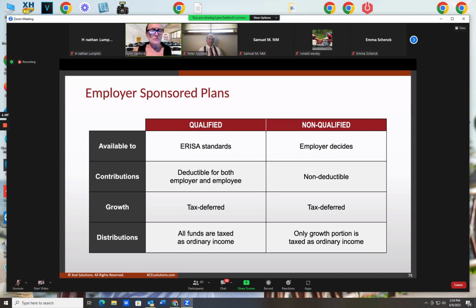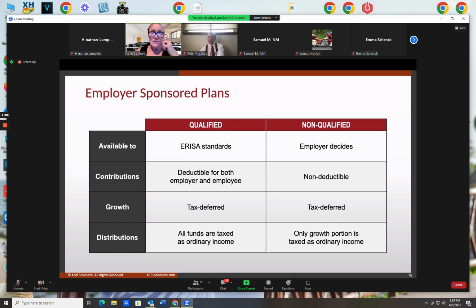Now, contributions to qualified plans either go in on a pre-tax basis or they're deductible for the employee and the employer both. For any kind of company match an employer provides you, that's all money that they can take a tax deduction off the corporation tax return. So that is qualified pre-tax dollars. Any money you get is set aside in that qualified plan off your gross wages. That goes to the plan administrator, gets it off your account.